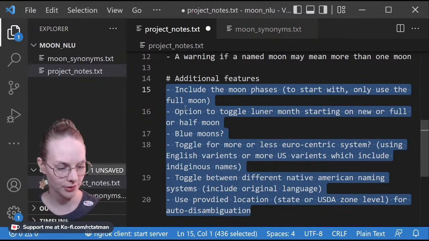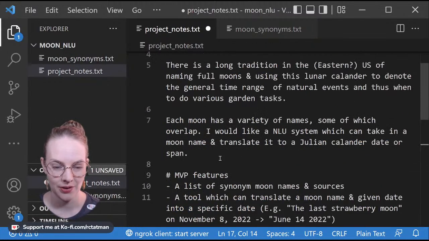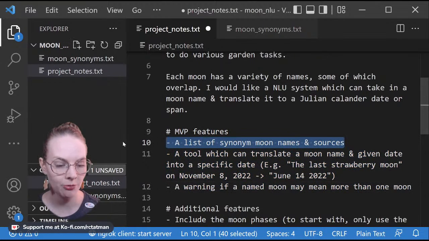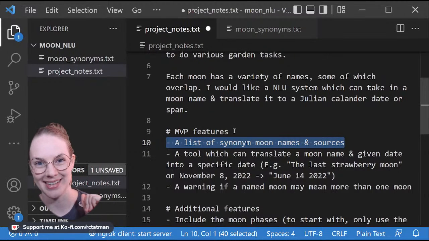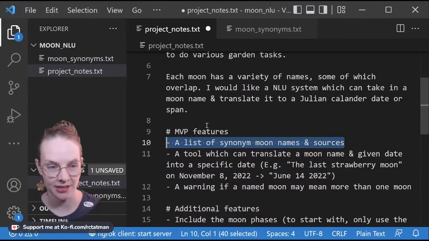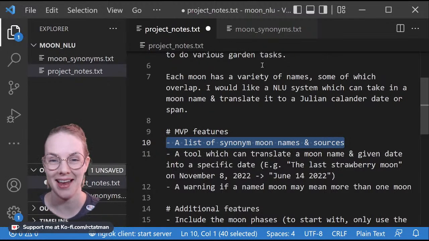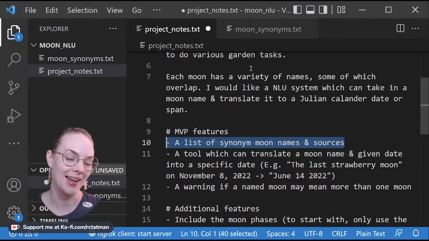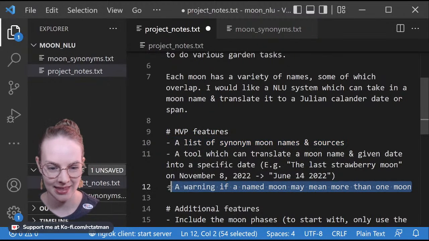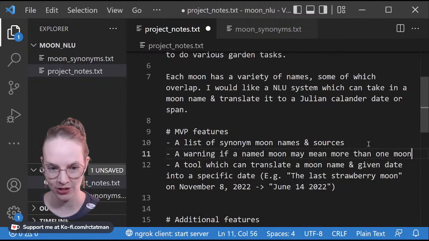So these are all things that I think would be more helpful for other folks. But all I really need to do to have it be something that's useful for me is this, right? So I think one helpful outcome of this is just going to be me gathering names that are synonyms, right? So like the moon that usually falls in January is going to have probably one of these list of names. As we saw, the issue there is that different moons have the same name, and the same moon has lots of different names.